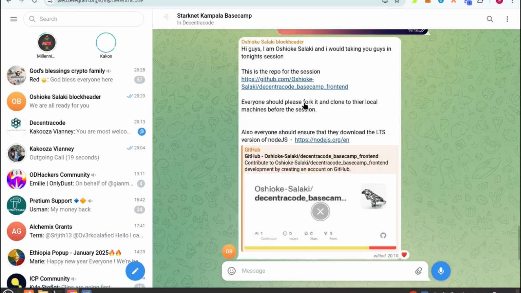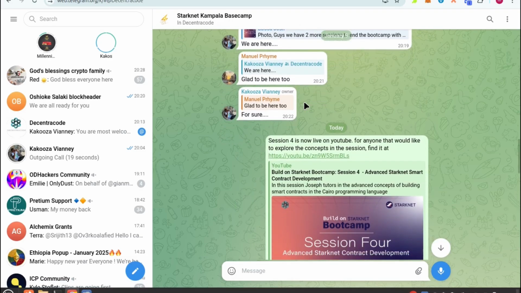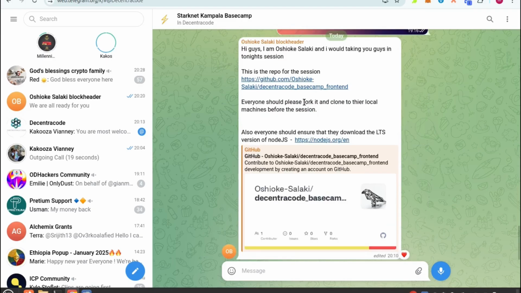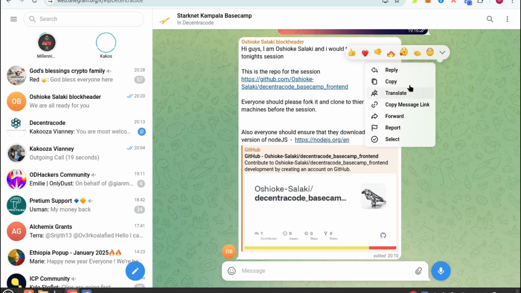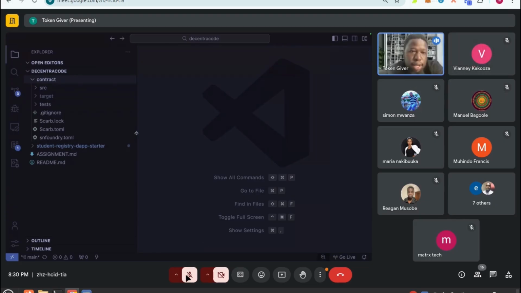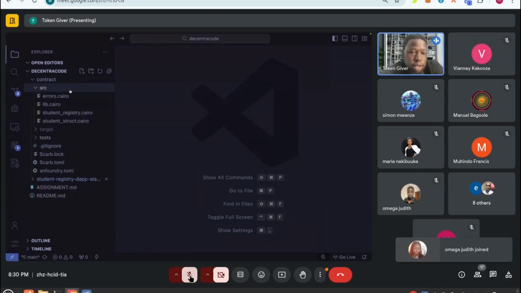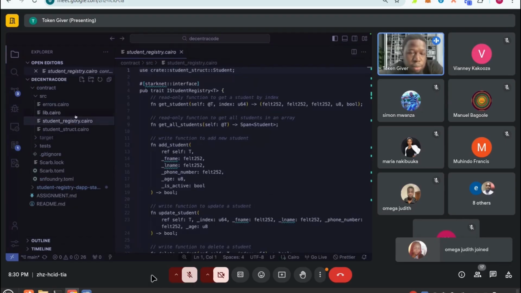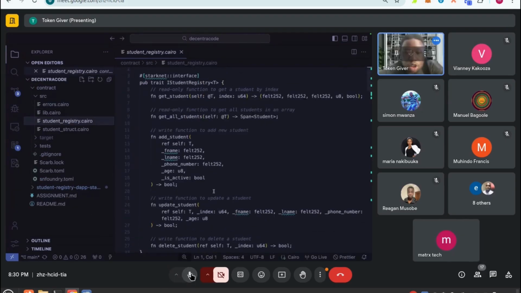So let's look at the contract folder. This contract folder just holds the contract that we're going to be interacting with, which is the student registry contract. So I hope everyone can see my screen clearly. Yes, we can see your screen. So in this contract we have